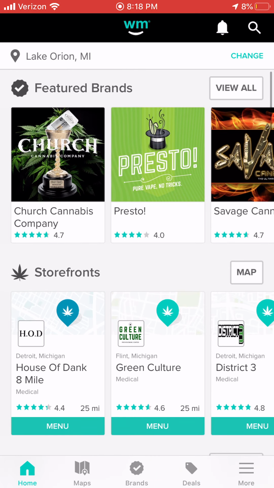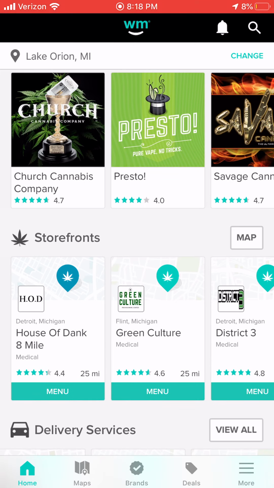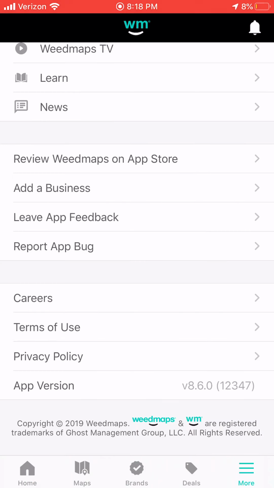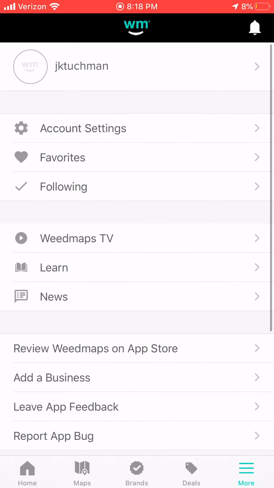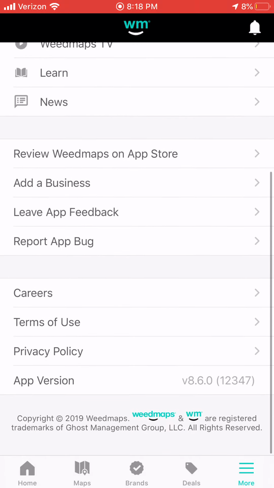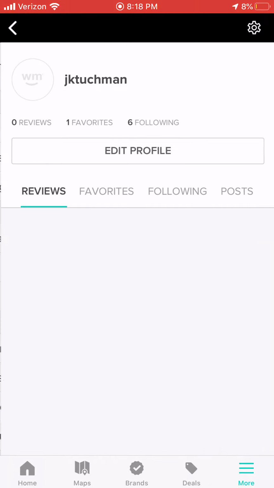And when you sign in, you don't need to be signed in to use this, okay? The only time you need to sign in is if you want to leave a review or if you want to add a favorite or a following. And at that point, you'll be prompted, if you're not signed in, to sign in. You can sign in through Facebook, through Google, through email, and I'm not sure what the other ones are that you could do. But whatever you guys think that we could add,